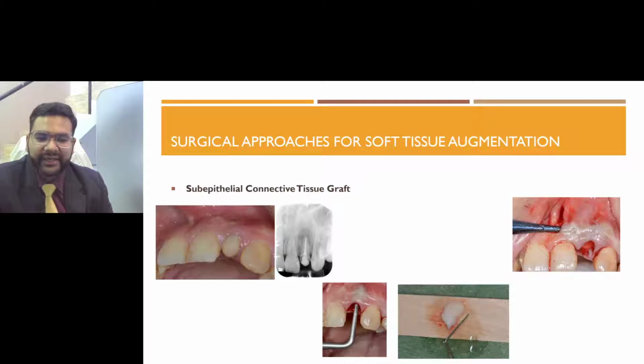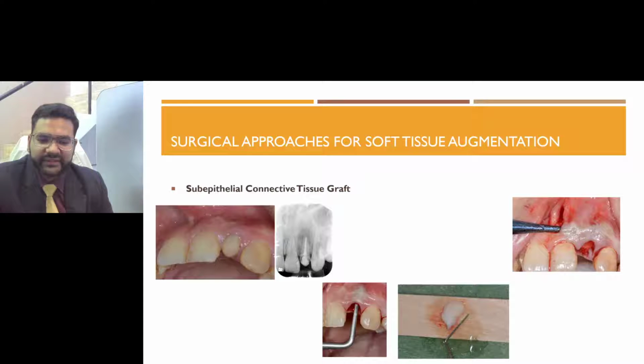So there are basically two techniques in this. One is the open technique, where we raise the thickness flap and then we place the connective tissue graft inside and we suture, or we can do it with the closed technique as it is done here using a VISTA approach. The graft is pushed into place. When indicated and properly utilized, these surgical procedures can provide stable and significant gain in the soft tissue volume and contour that can contribute to the successful aesthetic management of the implant site.